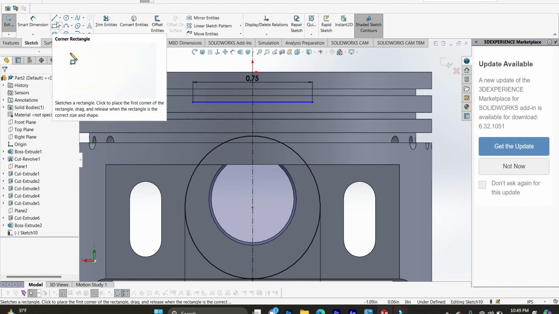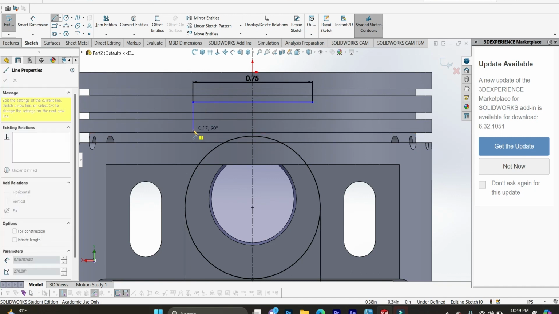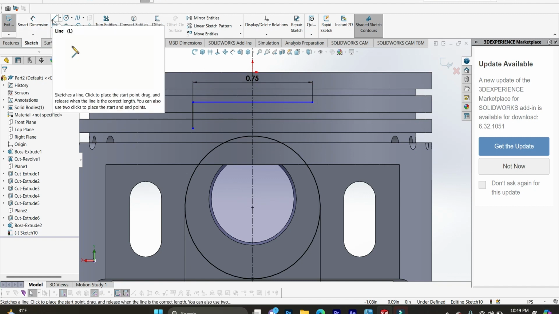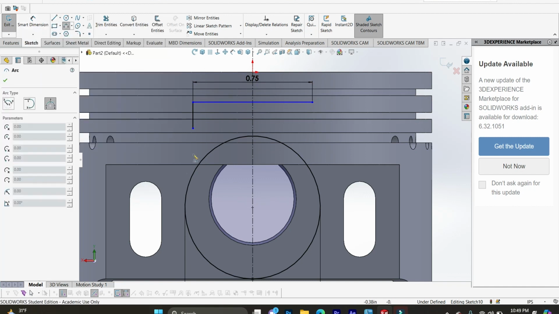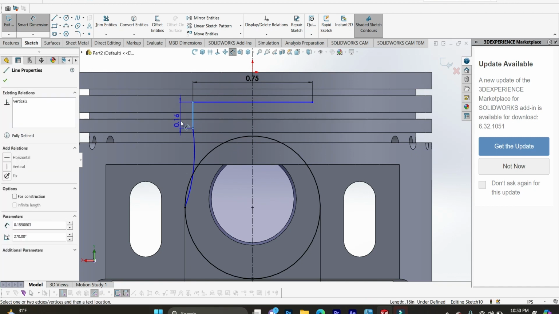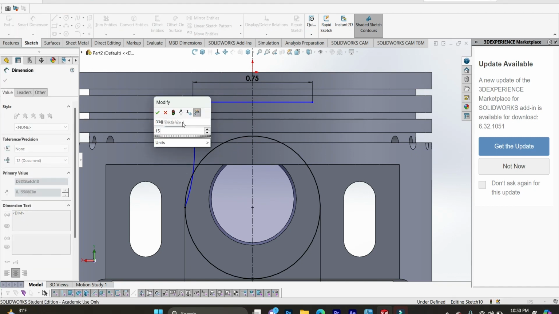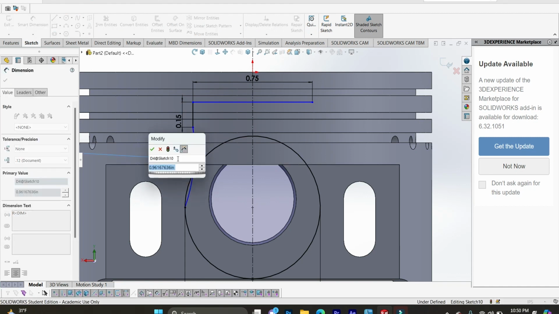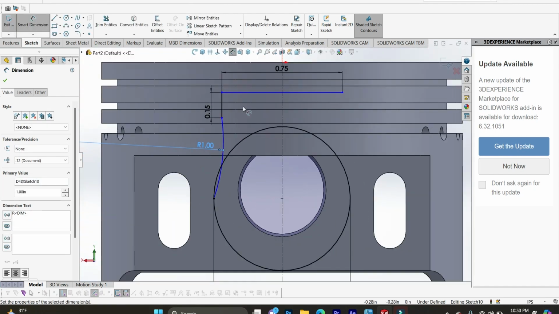and then select your line tool, a line here, and then 3-point arc from that point to this center, and then smart dimension again. This line is 0.15, and this arc is 1 inch, the radius. Okay,